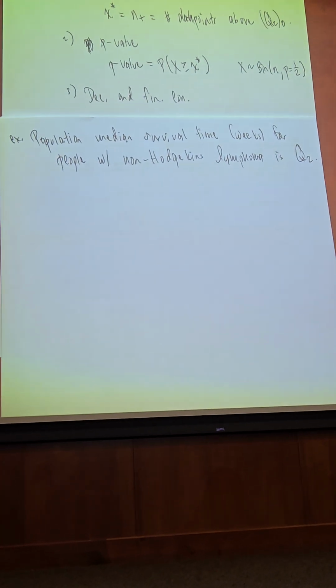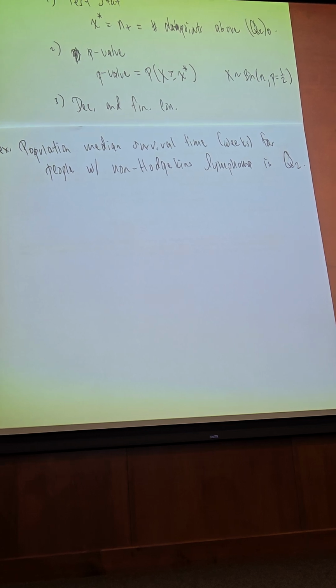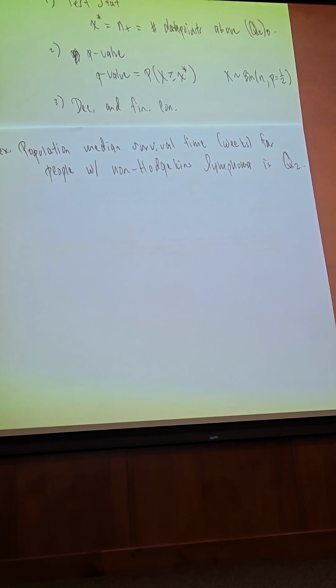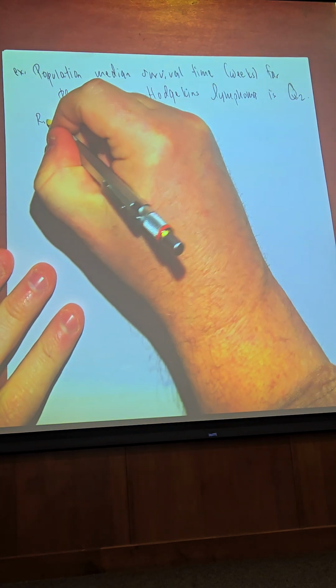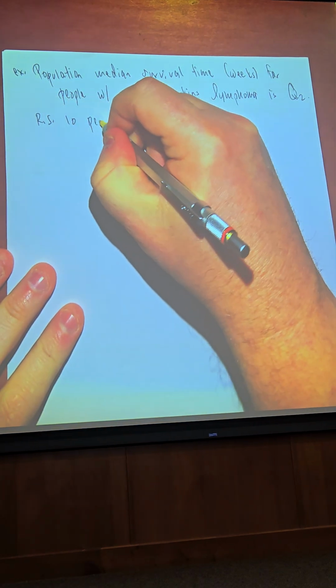For all of the people with non-Hodgkin's lymphoma, the median survival time is going to be Q2. Now, I don't have data on everybody with non-Hodgkin's lymphoma, so we're going to get a sample, and we're going to do inference for that median based upon the data in my sample. So let's randomly select 10 people